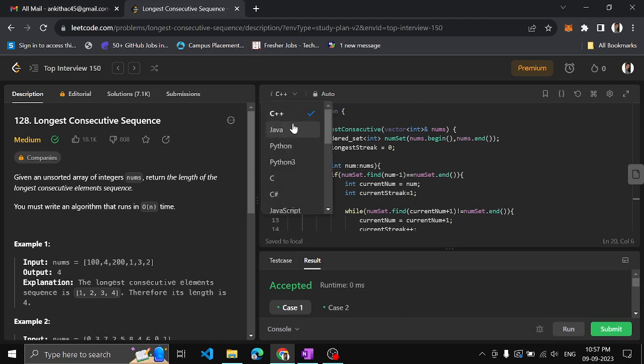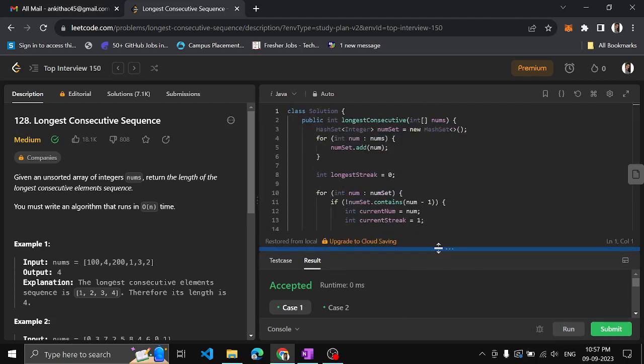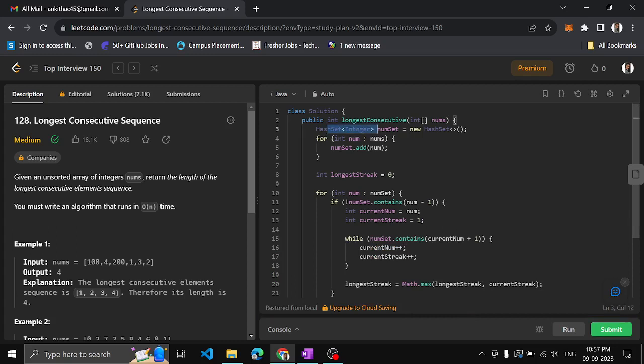Yes. And for Java, same logic. Here you have a HashSet. So you add all the elements. Here we need to run the loop and then initialize. Now, there we had used the find function, but here you check